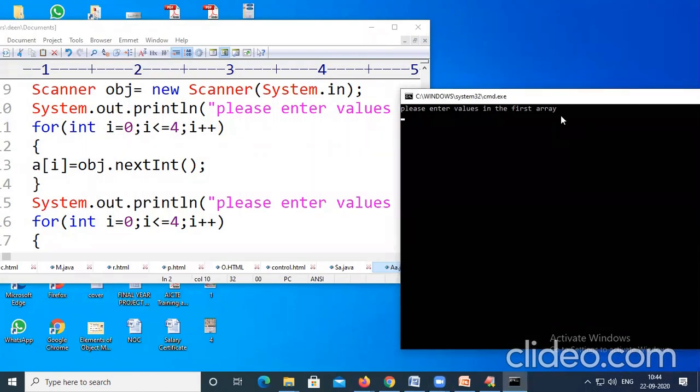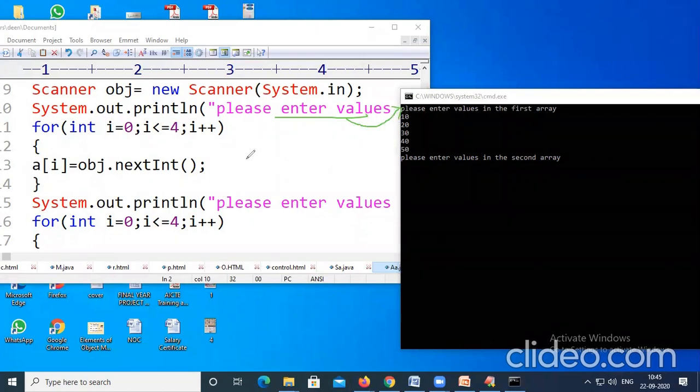For example, I am going to enter 10, 20, 30, 40, 50. So when I entered 5 values, it is executing this particular statement. So you can see here, right? The result of this one is this, please enter the values into the first array. And here we have given I, and that I value is changing from 0 to 4.